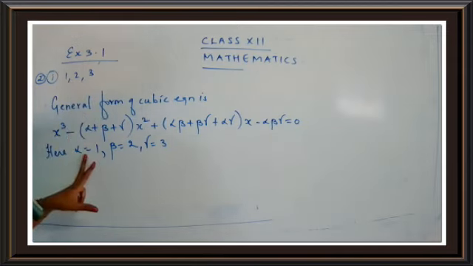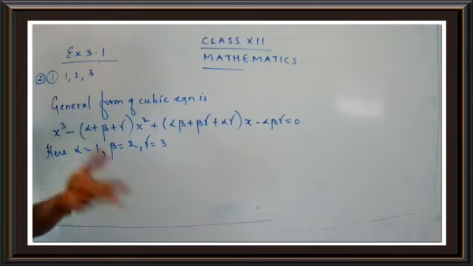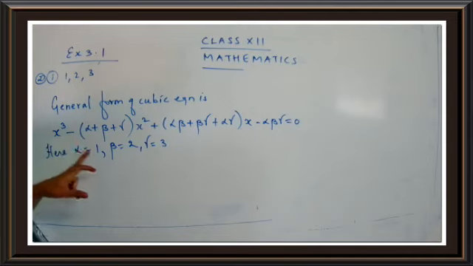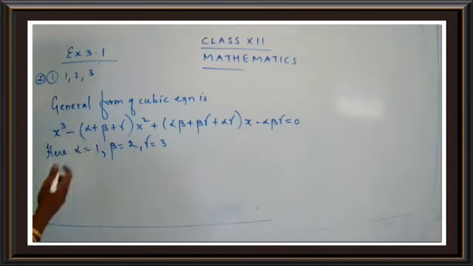Write down the roots 1, 2, 3 as alpha, beta, and gamma. So just replace 1, 2, 3 as alpha, beta, gamma. So alpha is 1, beta is 2, and gamma is 3. Now, very simple thing, we have to just find out the values. That's all. Let's find out the values first of all, and later on we'll put them in the equation and get the answer.